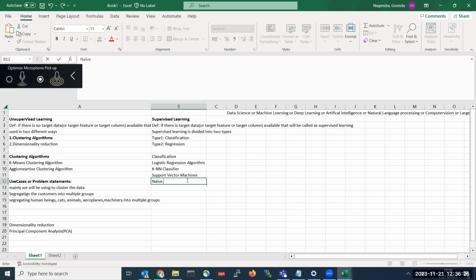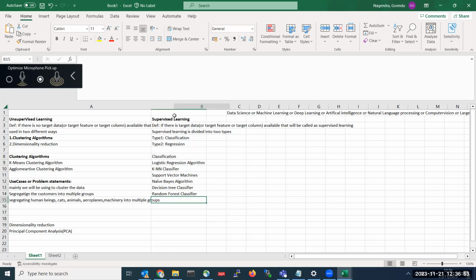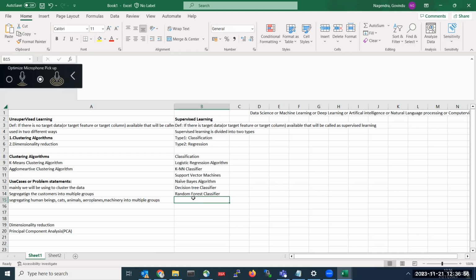Next one is the naive Bayes algorithm. Next one is the decision tree classifier. Next one is the random forest classifier. Then the Bayesian and Gaussian classifiers.